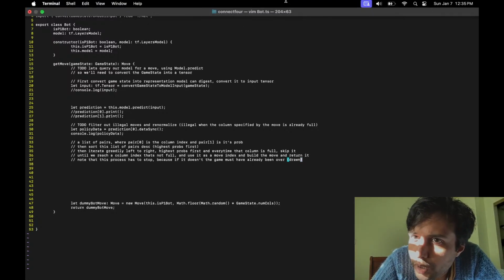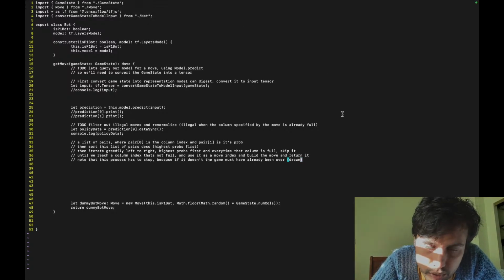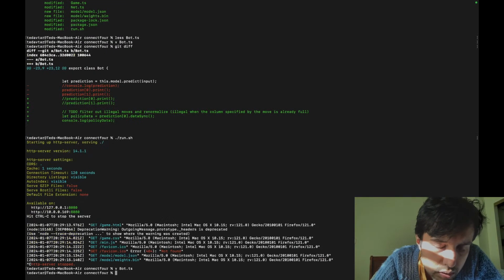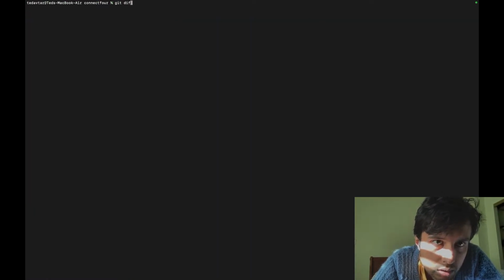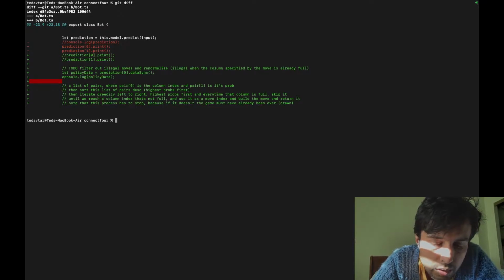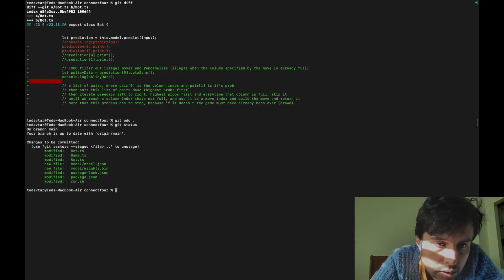Okay, now there's a leaf blower outside, which is really annoying me, so I wrote a bunch of comments telling me the next step, and I'll just end it right here. I'll commit my work. git diff. Yeah, okay. Then git add all, git status, git commit.